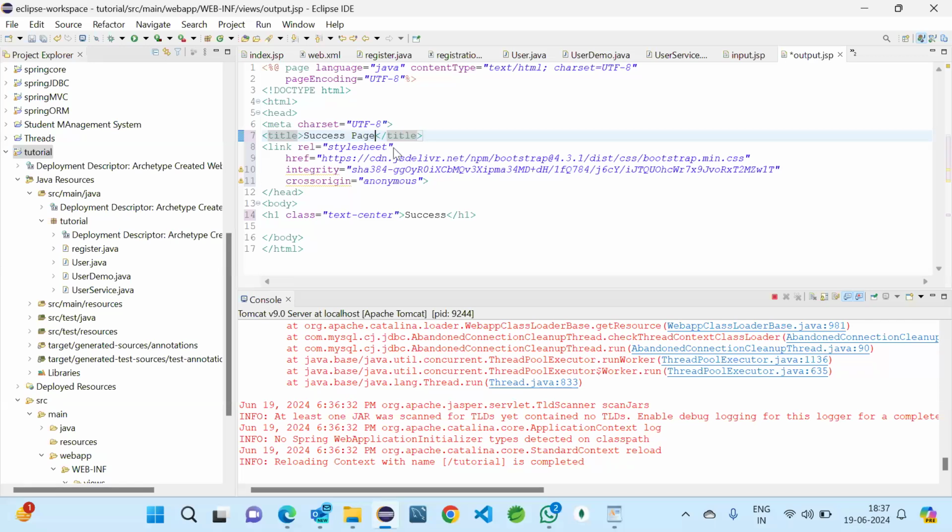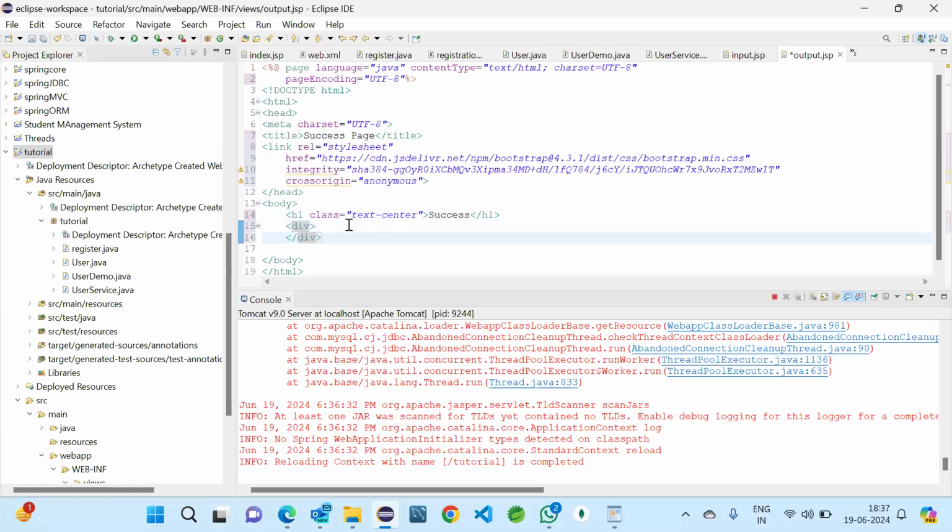You can also work on validations and all the other things if you want to. Otherwise, no issues. If you want to learn, you can do it. And one thing, I'm printing success, and then I will open a div, and inside that I'll take two paragraph tags. One will state welcome. Your name should be coming here.